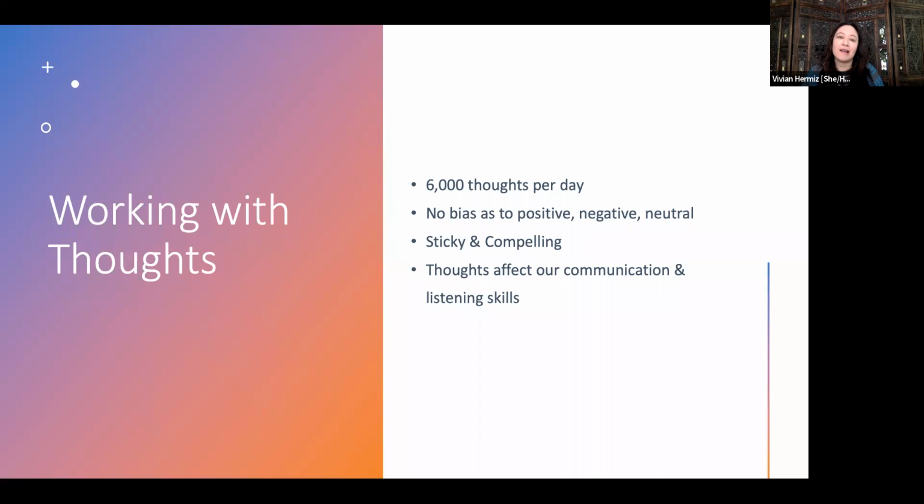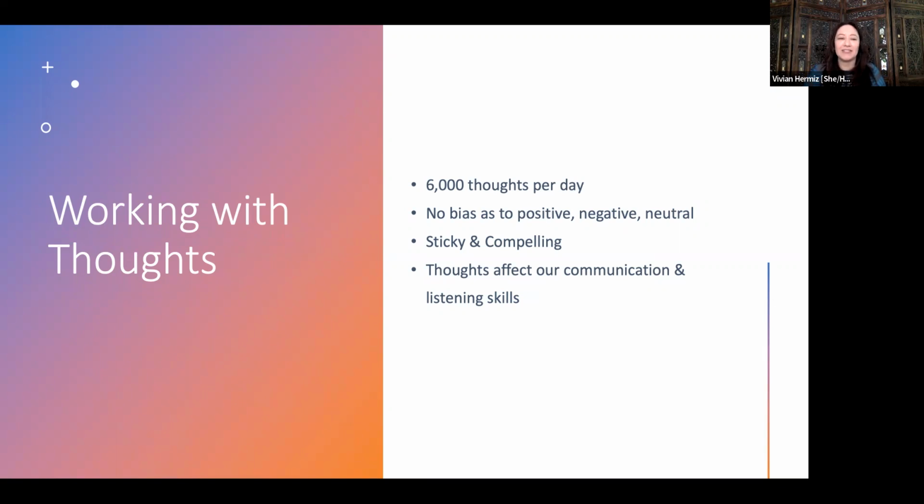Given the fact that thoughts are particularly sticky and compelling, in that if you think about an opinion that you hold about something, we're usually pretty sure about our opinions and circumstances. Oftentimes, when we meet an opinion that differs from ours, we're constantly asking, what's your source? Where would you get that idea? Where would you get that impression? Whereas if someone is resonating our same compelling, sticky thought, we don't necessarily ask for proof, right?